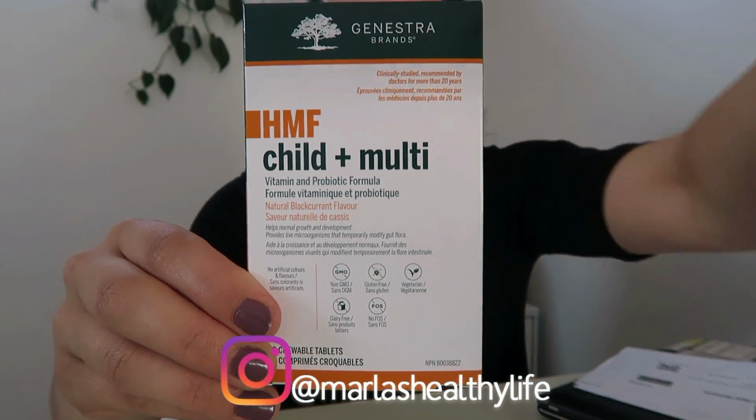I really like Genestra probiotics. They have many different ones. They have HMF Baby B for newborn breastfed babies. They have HMF Baby F for formula-fed newborns. They have probiotics from day one all the way up until you're super old. So I really love their probiotics, but for a toddler or school-age child, I do have two favorites. The first one is HMF Child Multi. This is from Genestra, and this is the one that I highly recommend for kids of any age,